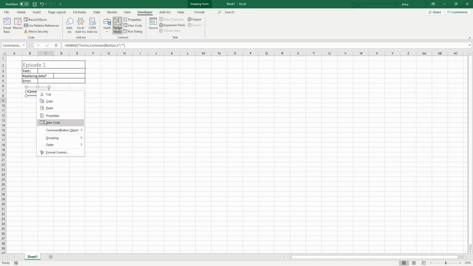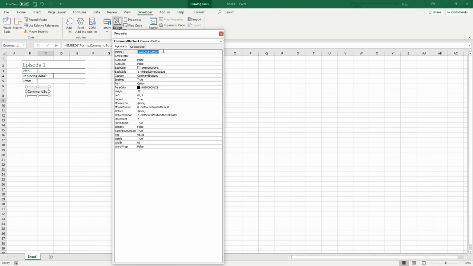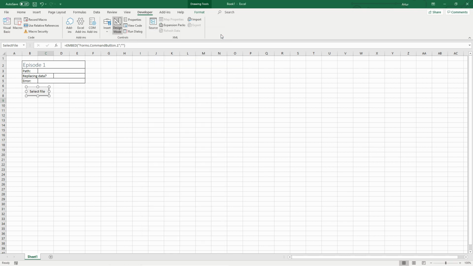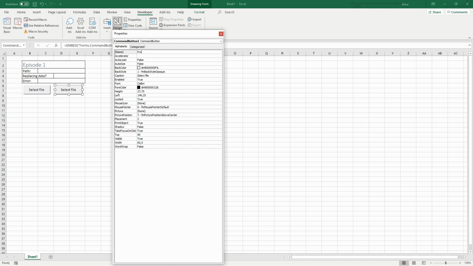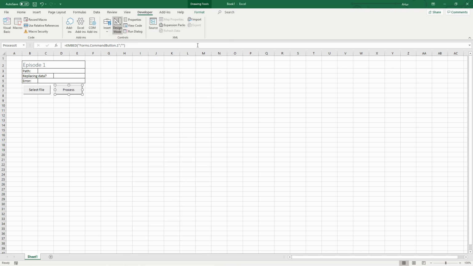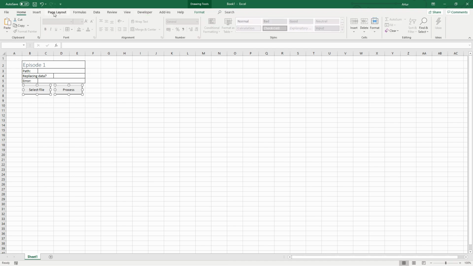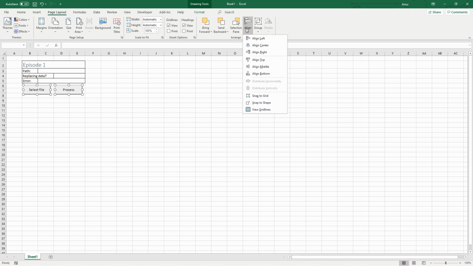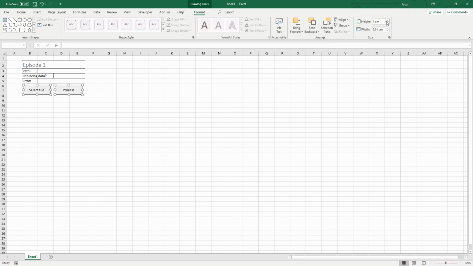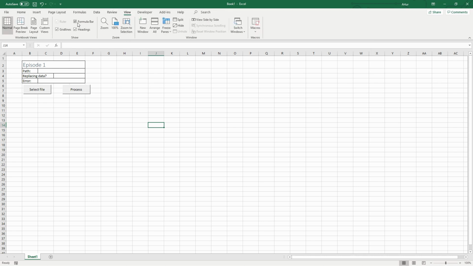Okay, we are creating 2 buttons right now. We want to change their names, otherwise we use default values in the Visual Basic editor. Now we create the next sheet.